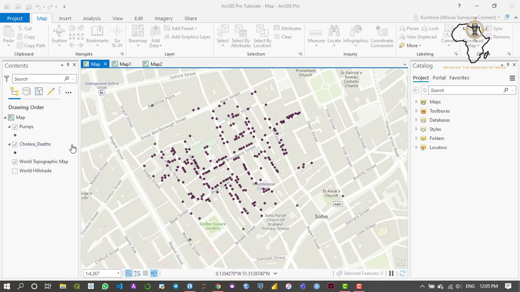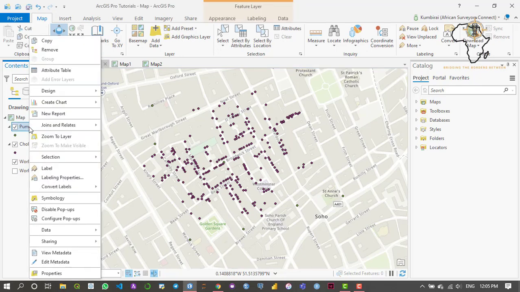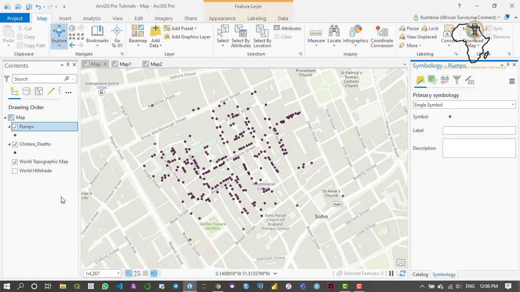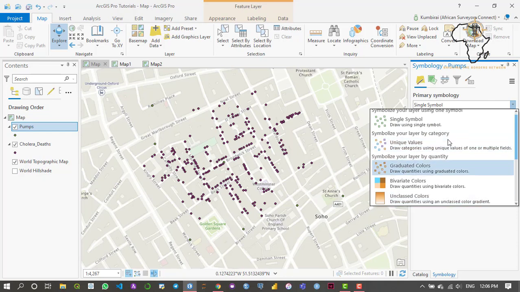So in order for us to distinguish between these points, we need to put symbols which are outstanding in order for us to visualize which are the pumps, which are the depths. So I'm just going to click here on pumps, and then right click, and go to symbology. Now in symbology, there are quite a lot of options that you can use